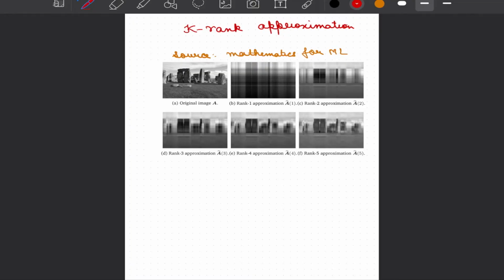Hello students. In this lecture, we'll discuss the last concept around singular value decomposition, which is also related to dimensionality reduction, or what we call matrix approximation. In our previous videos, we have learned that we can decompose any matrix A into U sigma V transpose, where U has dimensions M cross M, sigma has dimensions M cross N, and V transpose has dimensions N cross N.